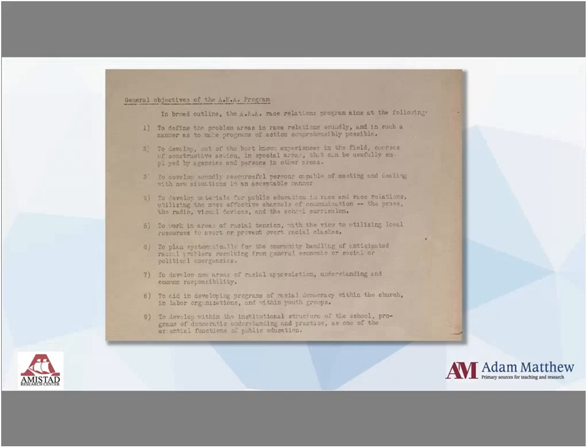Thank you, Claire, for that introduction. And I'm just going to start by saying that the history of the Amistad Research Center is directly tied to that of the Race Relations Department and its records. The American Missionary Association, also known as the AMA, established the Race Relations Department in 1942 as a forum to engage in a national discussion on relationships between ethnic groups and racial stereotypes as they relate to economics, education, government